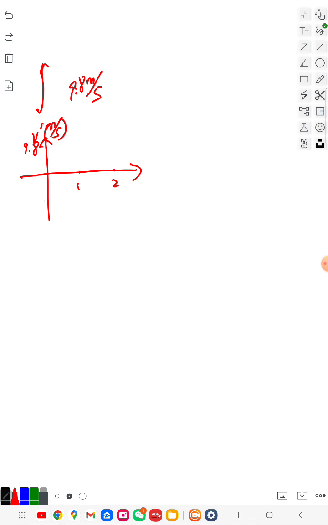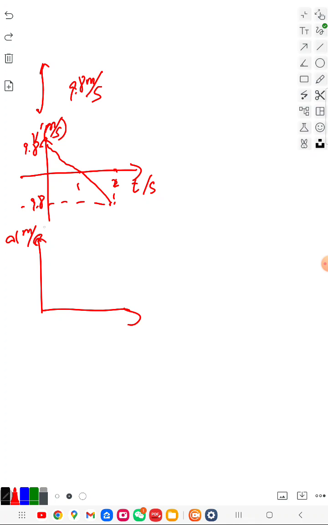It's going downwards like this. And the acceleration diagram is like this. So that the velocity v(t)